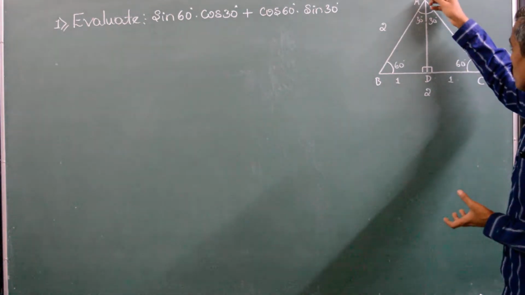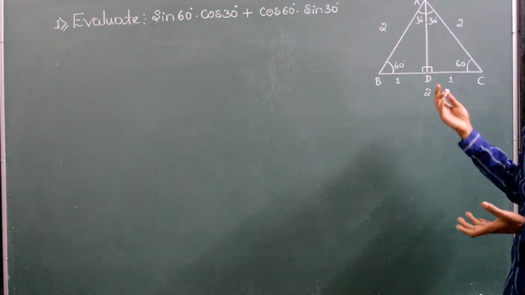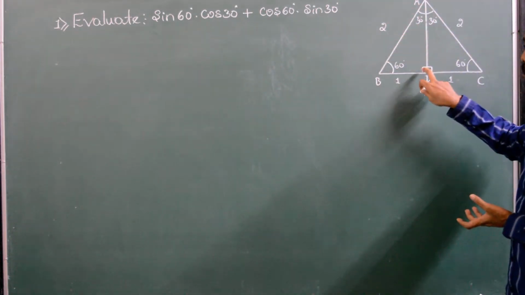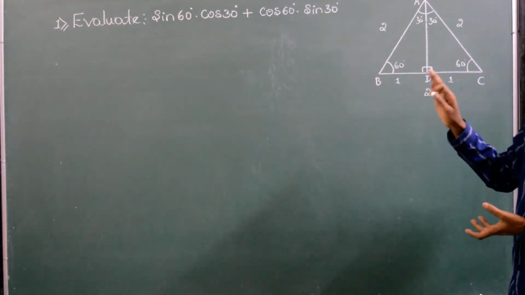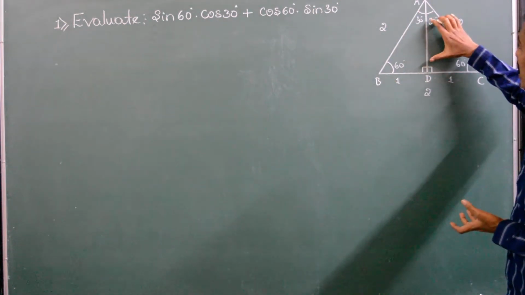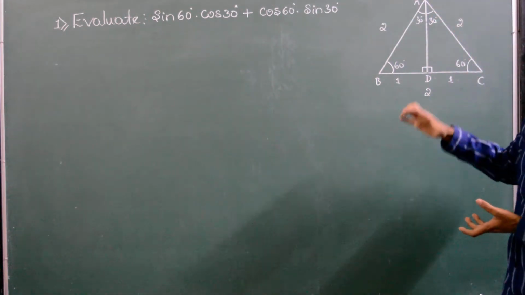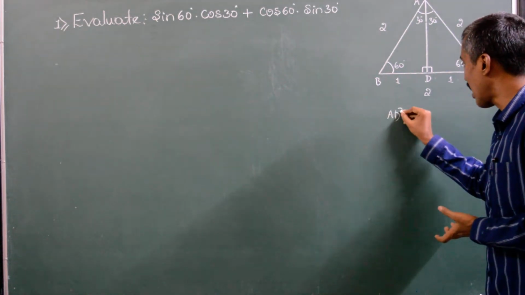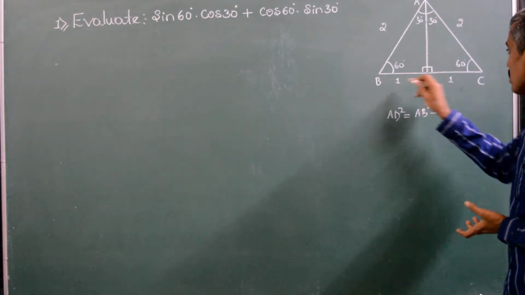Okay, so if you take ADB right angle triangle or ADC right angle triangle, AB is hypotenuse with respect to D. So D is 90 degree, therefore AB is hypotenuse, BD is base and AD is height. So we know AB and BD, we don't know AD. So by using Pythagoras theorem, we can write AD square is equal to AB square minus BD square.